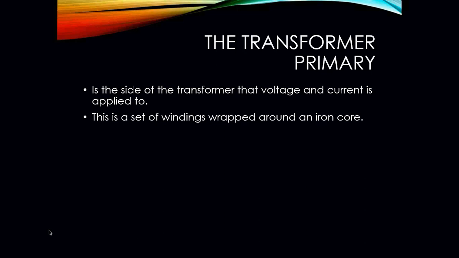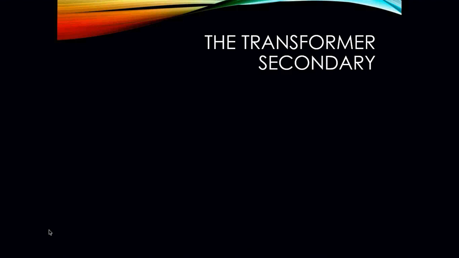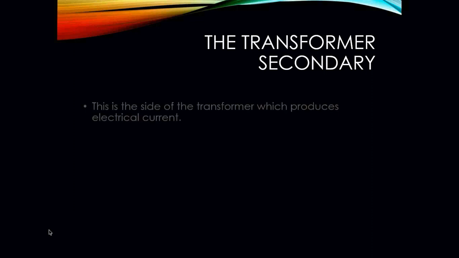Well, that exact same concept applies to a transformer. When I am applying electricity to that set of windings around an iron core, I am generating a magnetic field. Okay? Those windings are going to generate that magnetic field. It is that magnetic field that is going to step up and carry down the voltage to my secondary side